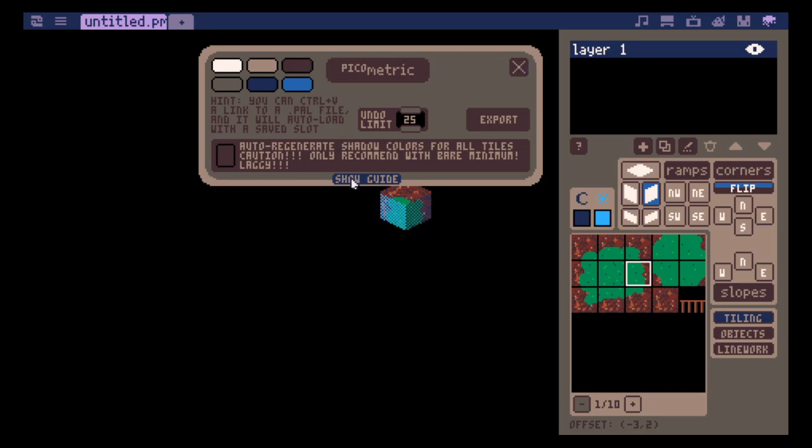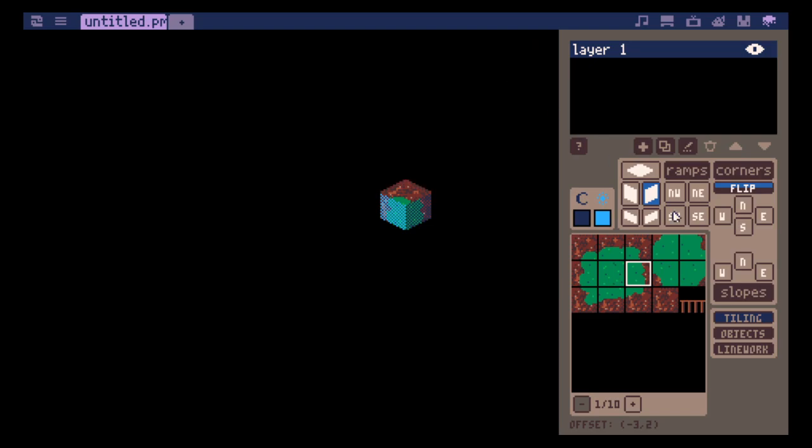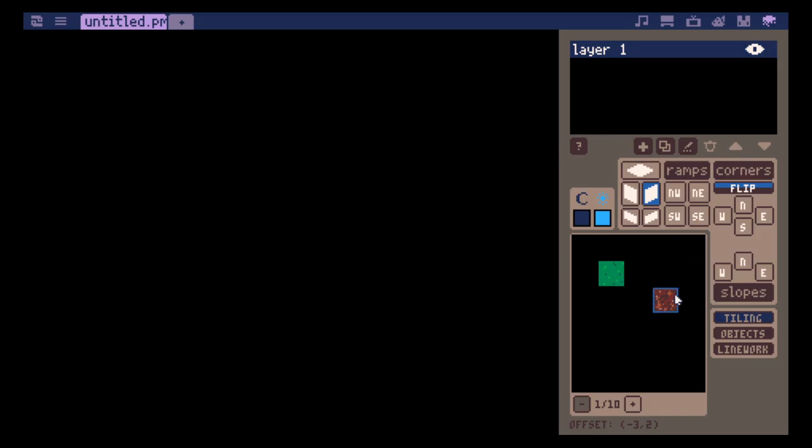I'm going to hide the guide for right now, and the reason I opened the settings to begin with is we have this setting here, auto regenerate shadow colors. It's very laggy. I wouldn't do it with much more than what we have on the tile set here. Really, I recommend just doing it with like the 2 core colors, because that gives you the information needed. So, and you can just do something like this, and maybe as well we'll just add